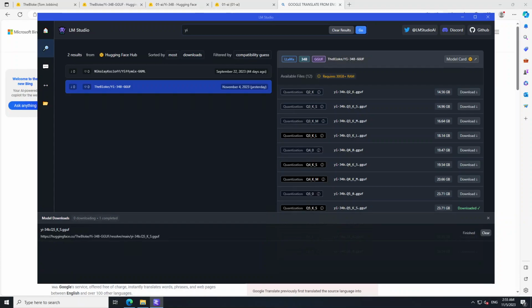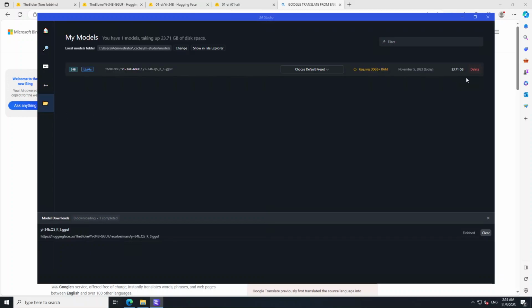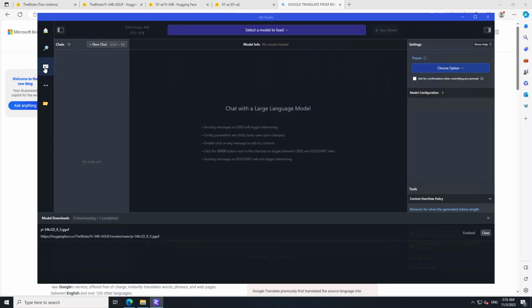Eventually the model has been downloaded. Now let's go to the files folder on the left hand side to see if the model is there. Yep, the file is there, which is cool. And now in order to use it, click on these three dots on the left hand side, in the middle, load the model,